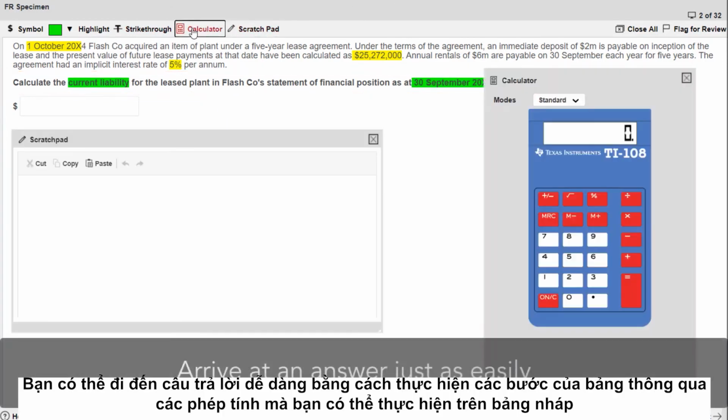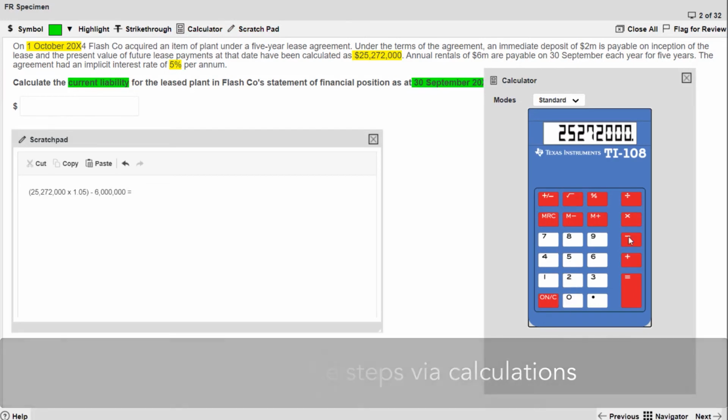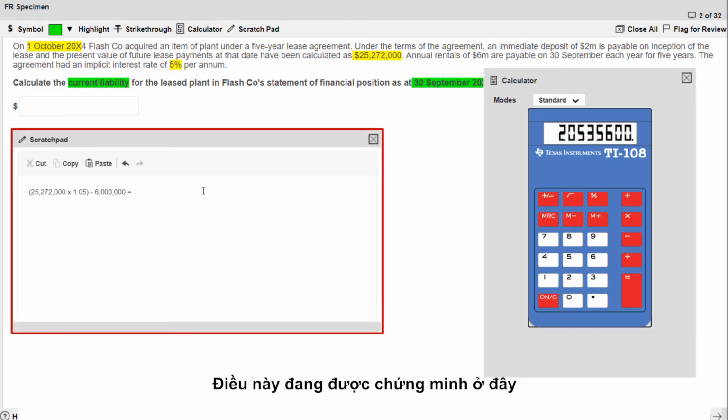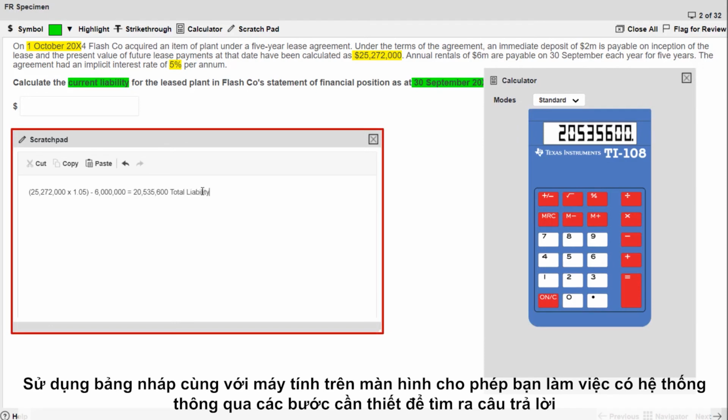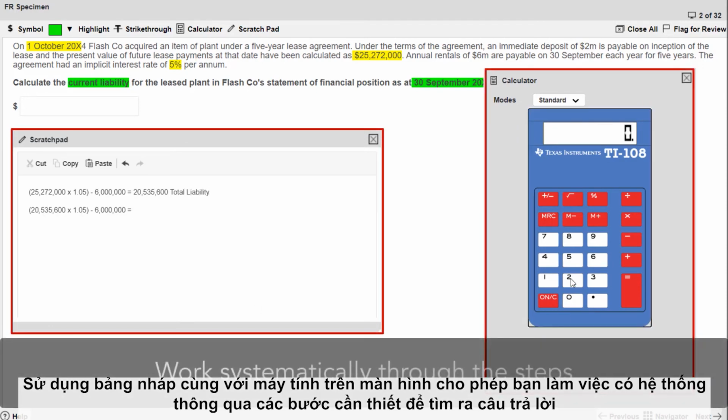However, you can arrive at an answer just as easily by working through the steps of the table via calculations that you can type out on the Scratchpad. This is being demonstrated here. Using the Scratchpad along with the on-screen calculator allows you to work systematically through the steps needed to calculate the